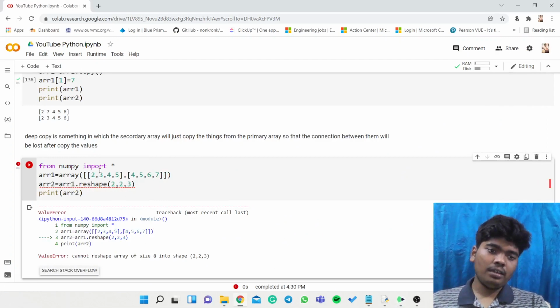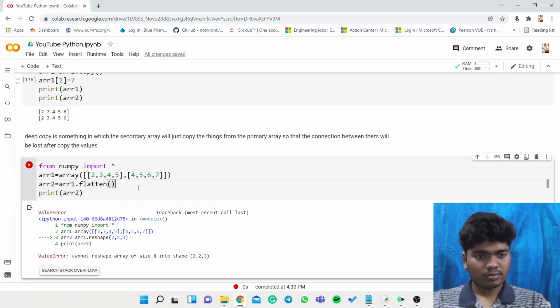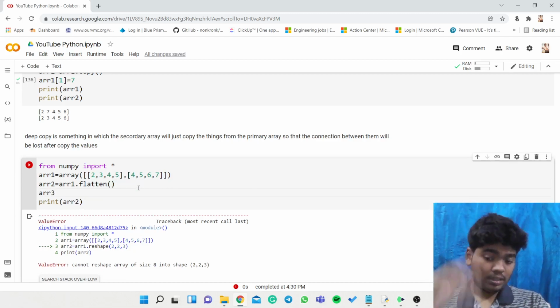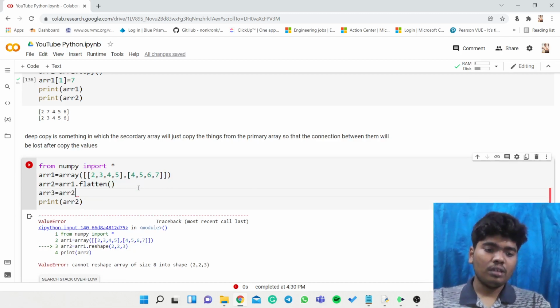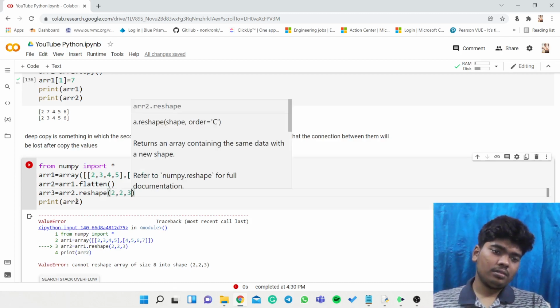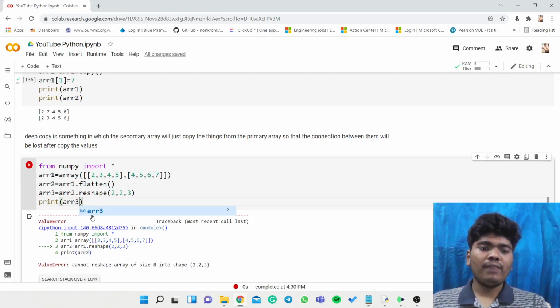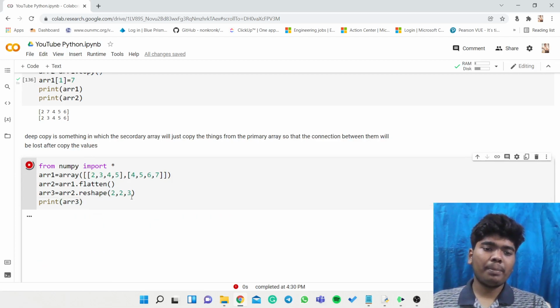Okay, fine. I think after the things get flattened, it will work. Let us do one thing. ARR3 is equal to ARR2 dot reshape 2, 2, 3. Print ARR3. So all this will be flattened and then reshaped into 2, 2, 3.